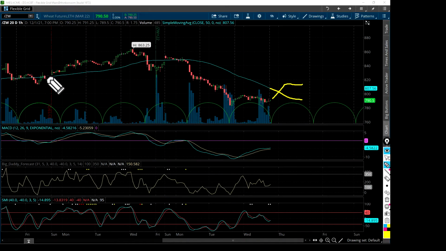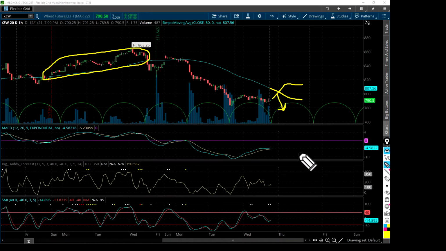You know, you might get something like this, guys. Over a period of like 2 or 3 sessions. That's very possible, just based on what I'm seeing there. So on the hourly, if you want to trade wheat, I'd wait a little bit to see if it gets above the 50 hour and just see what it does. If it gets a really hardcore rejection,